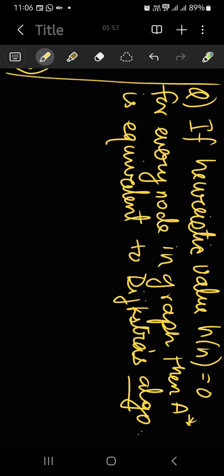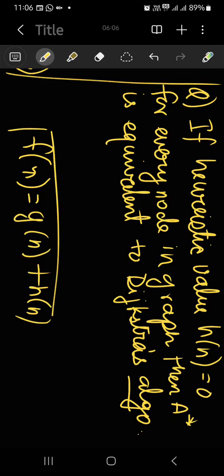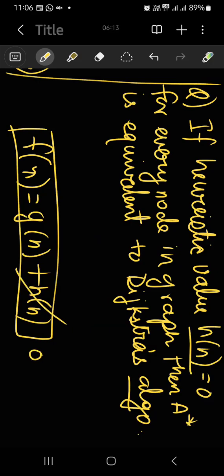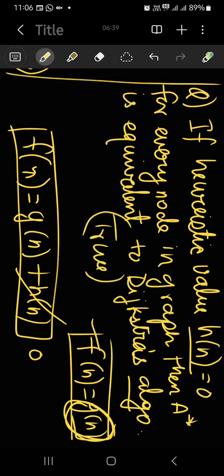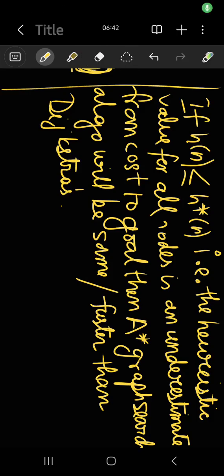ডিজকাস্ট্রাস অ্যালগোরিদম, ঠিক আছে। তার মানে তাহলে কী হবে, যেমন ধরো আমরা জানি f(n) = g(n) + h(n), এটাই তো তোমার এ স্টার অ্যালগোরিদমের যে ইভ্যালুয়েশন ফাংশন সেটা। এখানে বলে দিচ্ছি হিউরিস্টিক ভ্যালু ইজ 0 ফর এভরি ভার্টেক্স, ঠিক আছে। তার মানে হিউরিস্টিক ভ্যালু যদি 0 হয়ে যায়, তাহলে আমরা বলতে পারি f(n) = g(n)। তার মানে হচ্ছে তোমার বেসিক্যালি এটা কস্টের বেসিসে নোডসগুলোকে এক্সপ্যান্ড করবে, মানে যেটা তোমার দুটো নোডের বিটুইন এজের লেন্থের বেসিসে এক্সপ্যান্ড করছে। আর দ্যাট ইজ হোয়াট ডিজকাস্ট্রা অলসো ডু, তাই না? ডিজকাস্ট্রাও তো তাই করে, এজ ওয়েটের রেসপেক্টেই তো এক্সপ্যান্ড করে, তো অবভিয়াসলি তখন তোমার এ স্টার পুরো ডিজকাস্ট্রাস অ্যালগোরিদমই হয়ে যাচ্ছে। সো দিস ইজ ডেফিনেটলি ট্রু, কোনো অসুবিধা নেই।